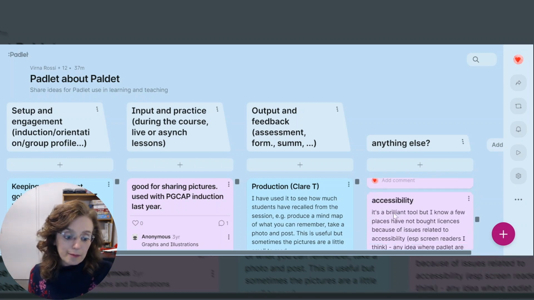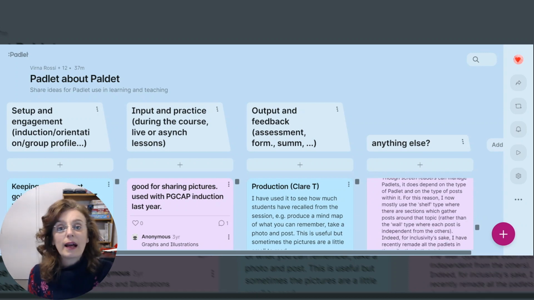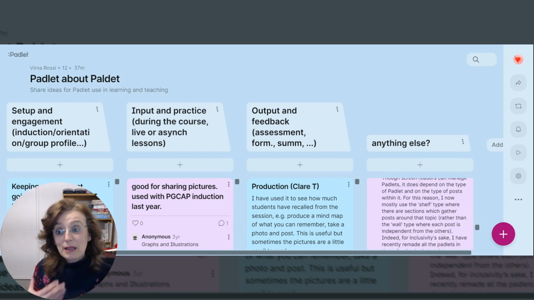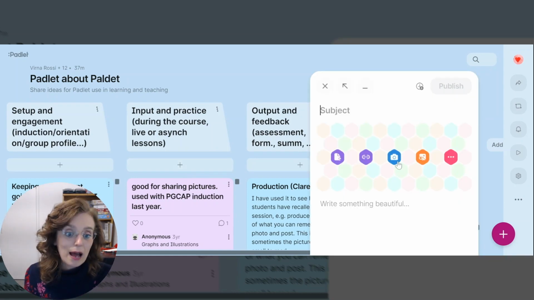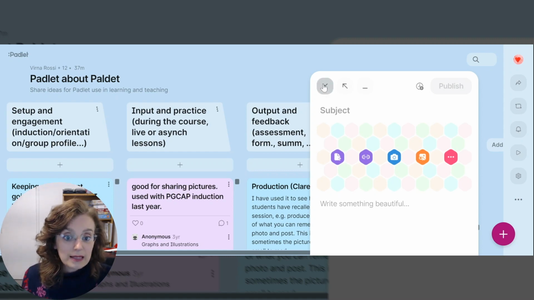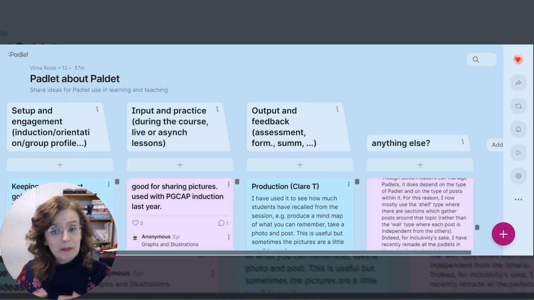In the anything else section here, there is one particular post which is important about accessibility. The two aspects to bear in mind are, first, that alt text is not supported within Padlet. So that means you can ask contributors, if they choose to add a photo or an image, to write the description in the comment, so that those using screen readers, for example, can access the image. And the other one, in terms of screen readers, is that if the Padlet becomes very big with many different media